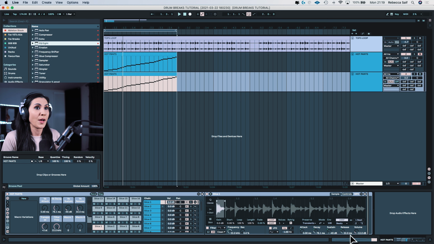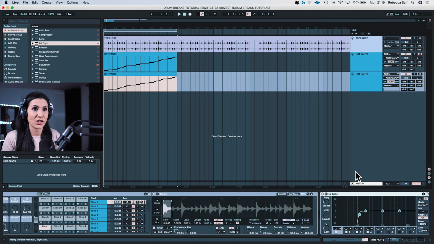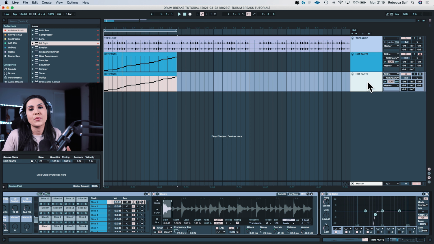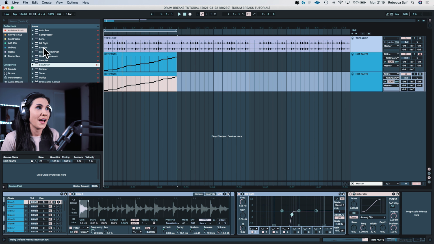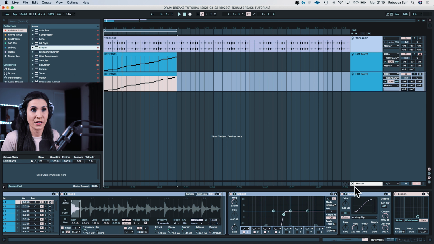We want to do a high pass filter on this second chain because what we want to do is just add a layer of texture. So this is going to be the crunch, the distortion, the grittiness that you would get in percussion loops. So in a sense, we're re-adding in what we've taken away in terms of character. So on top of the second track, you want to add a saturator and also erosion. And these are going to really push up those upper harmonics and crunch the top of the break. So I'm just going to play the parallel chain